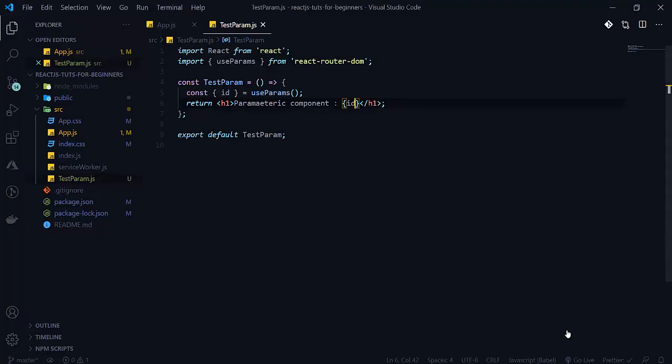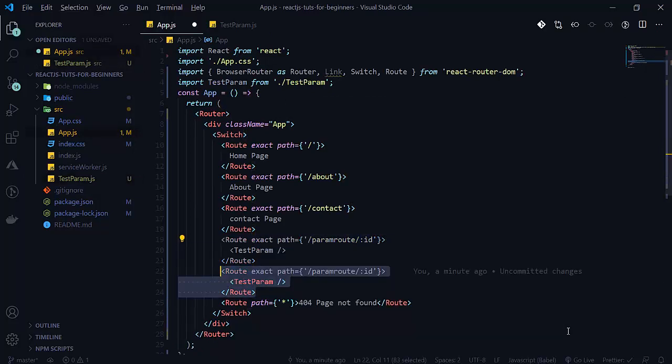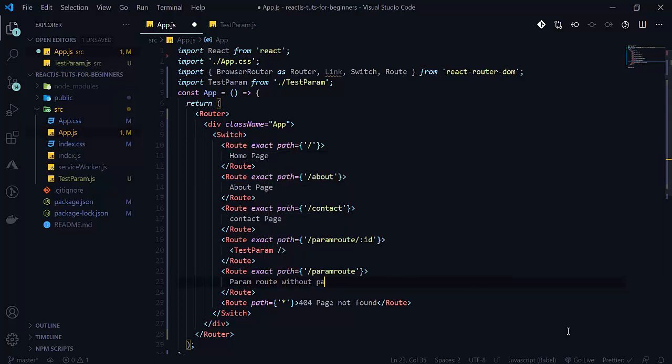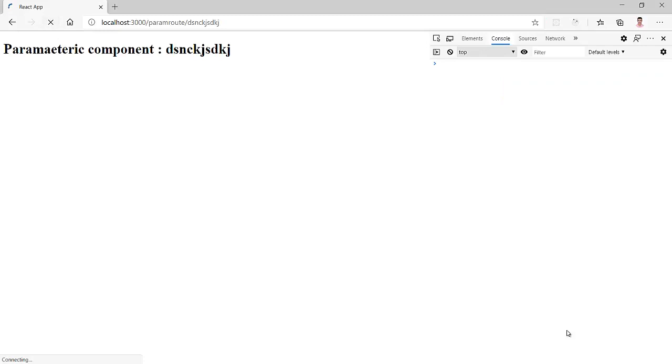I will define one more route. That route will be param route, but here I will not pass any parameter, so param route without parameter. See that it is refreshing now.